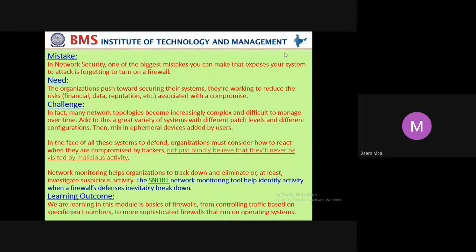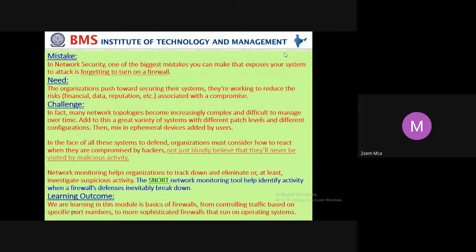No, it is a war field. Cyber security and network security is a war field. Anytime anything can happen, even in a secured environment. So network monitoring helps. Since it is a war field, the soldiers should always be alert, 24 by 7, 365 days. Similarly, at the border, and here, we don't know where the traffic is coming from,